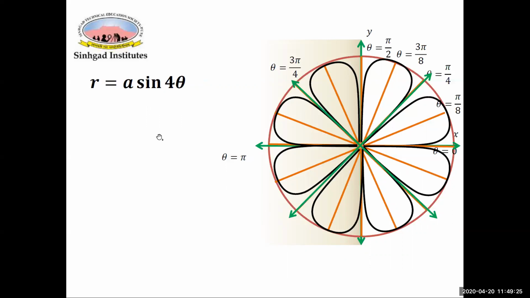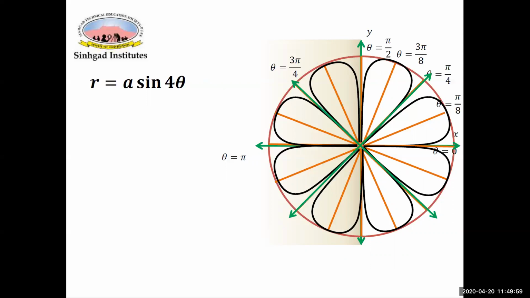The most important thing you have to remember for the rose curves is, for both sine and cos, divide each quadrant into n equal parts. For both cases, if n is odd, there are n loops. If n is even, there are 2n loops. But draw the first loop along the line theta equal to 0 for cos, and draw the first loop along the line theta equal to pi by 2n for sine. So this is the difference.